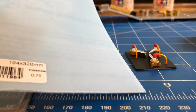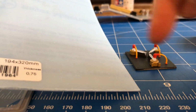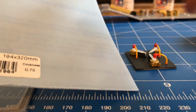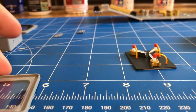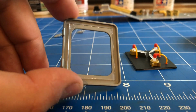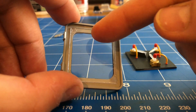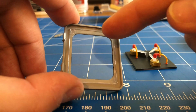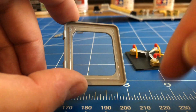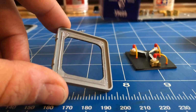Trace it with a pencil, and then you will have the right shape. When you have the right shape, take again 1 millimeter off on all sides to be sure that it will still fit in the box. This one fits perfectly, so that must be a little smaller, and you'll know for sure that it fits on the cover. The next thing to do is take it and make sure that the distance between the top side of it and the bottom side of the top part of the cover is the same as here below. Just keep it symmetrical in all parts,